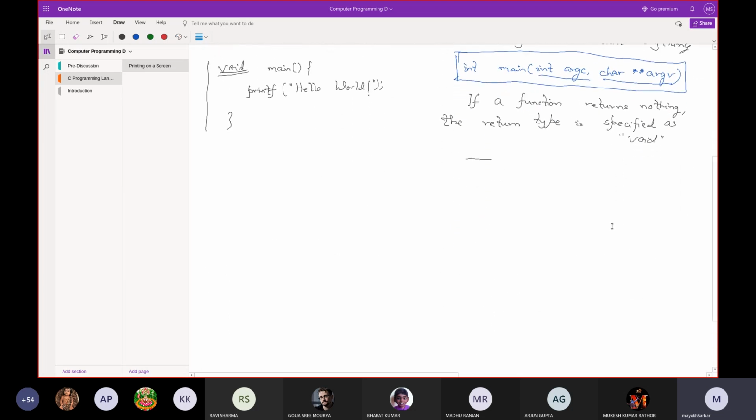But in the simplest terms, consider something like this. We will always write int main, and then at the end we will write return 0, and then we will write the complete logic here.